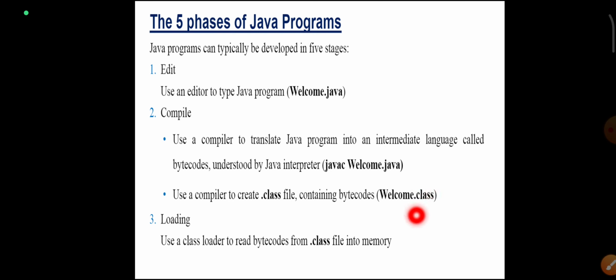The .class file is also known as bytecode. Next is class loading. Use a class loader to read the bytecodes from the .class file into memory. Whatever the .class file data is, it will be loaded with the help of the class loader into memory.